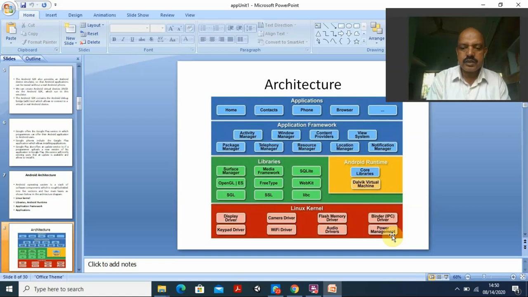It is a lighter version of SQL, and it is specially designed for smaller devices like mobiles, smartphones, tablets, etc. Then WebKit, this is also some type of software. Then libc. These come under the libraries, and all the libraries are given by the green system, because this is evergreen and always available for your use.